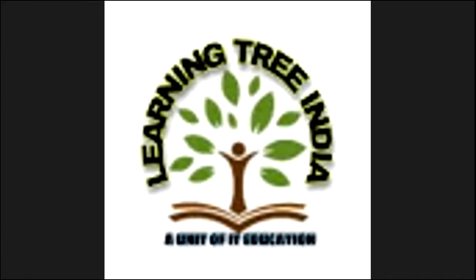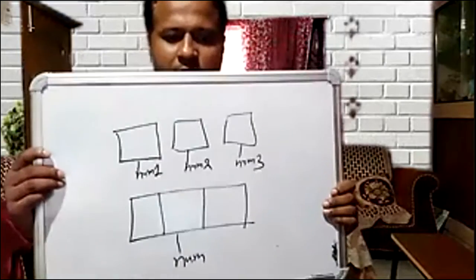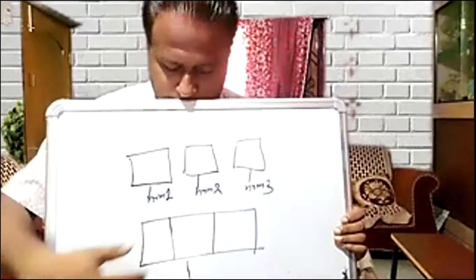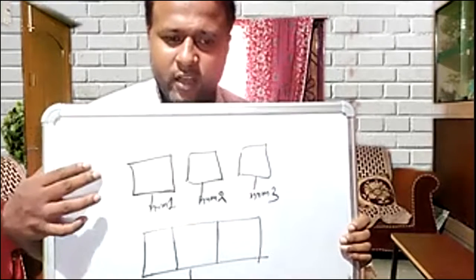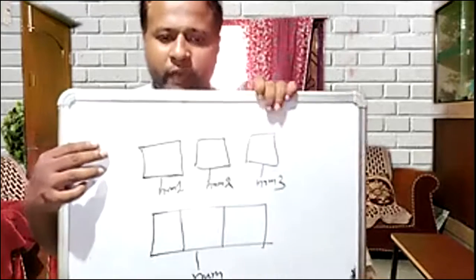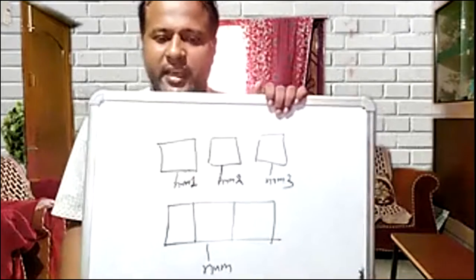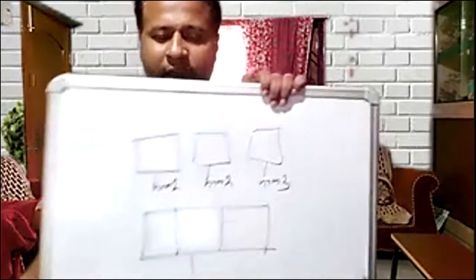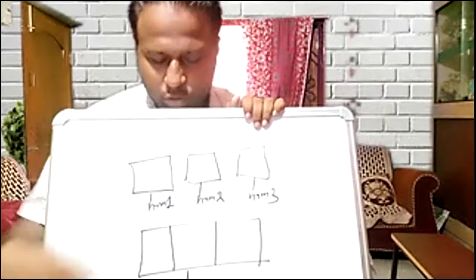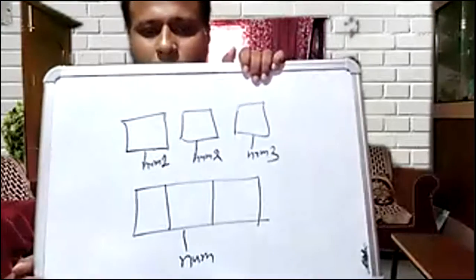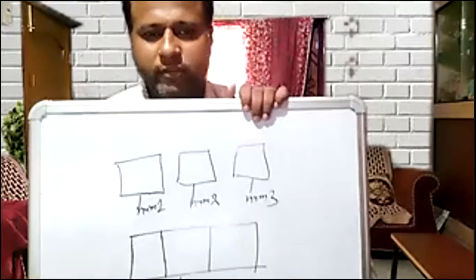So let's see here. It's saying that you have to define one location here. Previously, to store three values, you had to define three variables: 1, 2, 3. But an array is saying that there is no need to define these three variables. You have to define the same location. In the same location, you define a variable here called norm. In the norm variable, you have to store values.